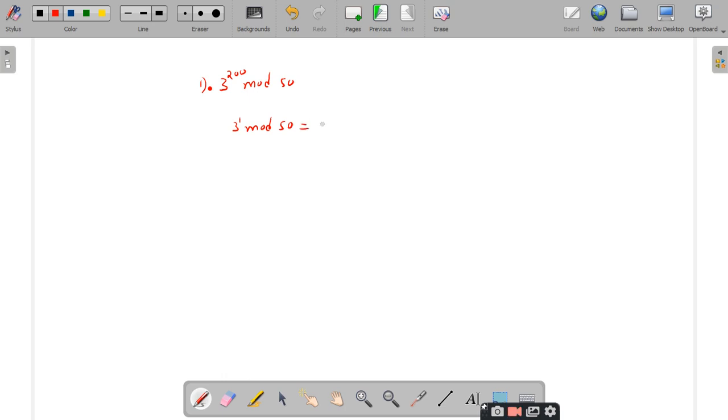What is 3 power 1 mod 50? 3, sir. Now I square it. 3 square mod 50, which is nothing but 3 power 1 whole square mod 50, that is equal to 3 square mod 50, that is equal to 9 mod 50. So what is the value? It is 9, right? Now I square this one, so I get 3 power 4 mod 50 is equal to